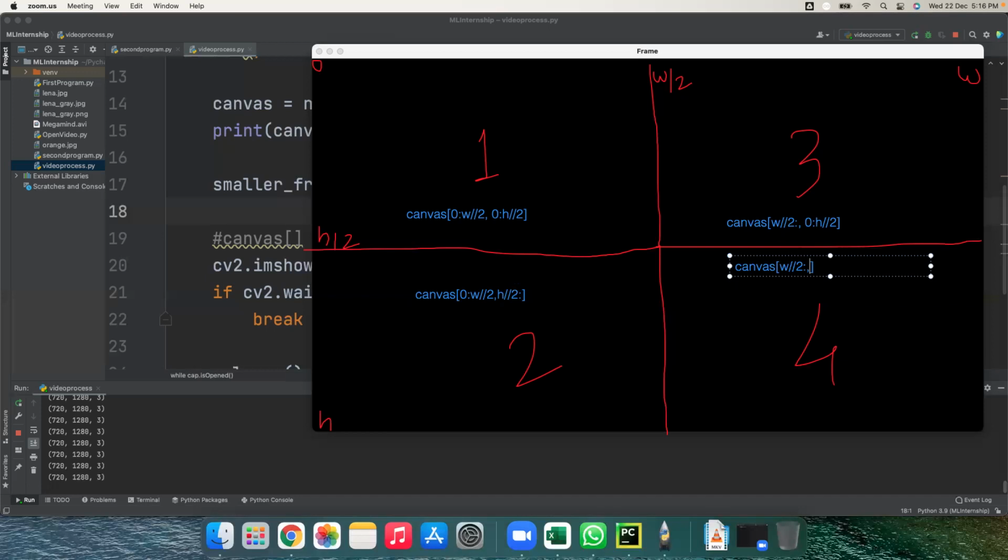If you write a colon and do not write the end, by default it is taken as the end. So half to end. I have calculated the coordinates of all these slicings: 1, 2, 3, 4. In which coordinate do you want to?